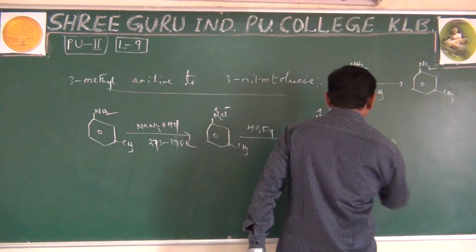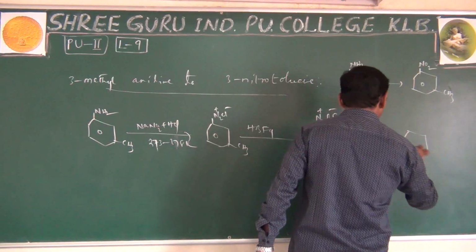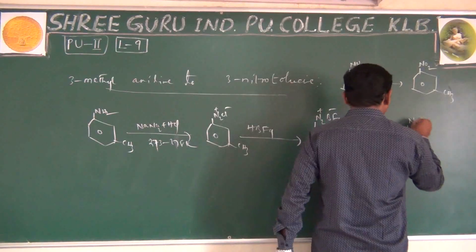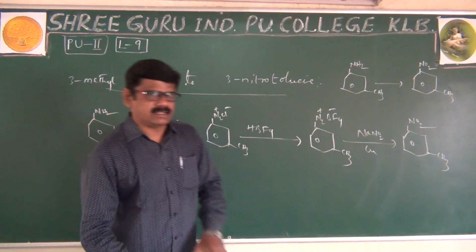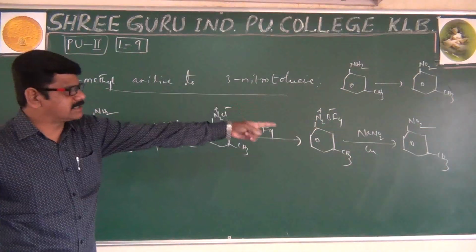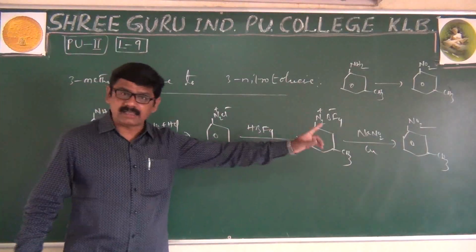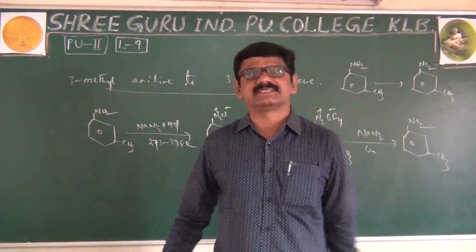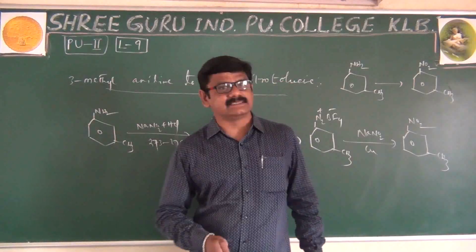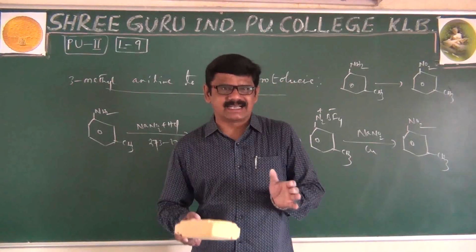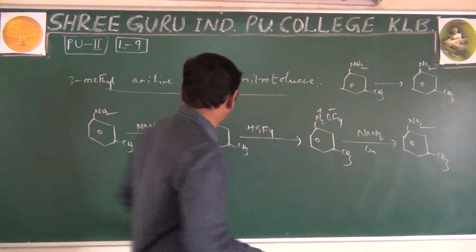This structure undergoes a reaction with NaNO2 in the presence of copper. The NO2 group substitutes, and of course the methyl group remains as it is. That's it; the asked compound is obtained. All the steps are familiar to you. Each and every reaction you have learned in lecture number 8. Almost all the reactions are diazonium salt reactions only. Right. Next.